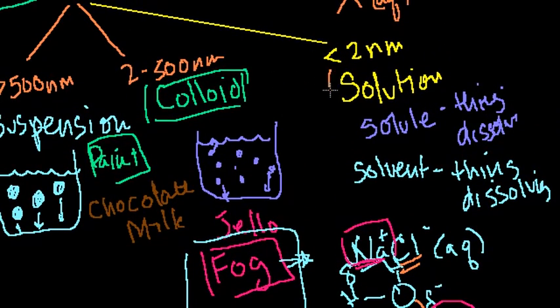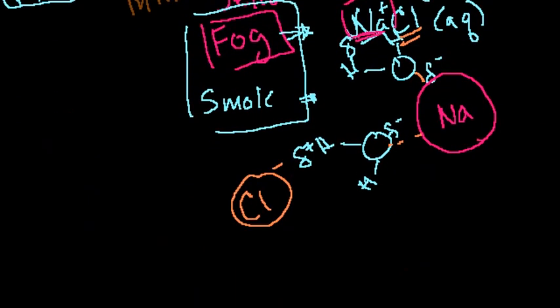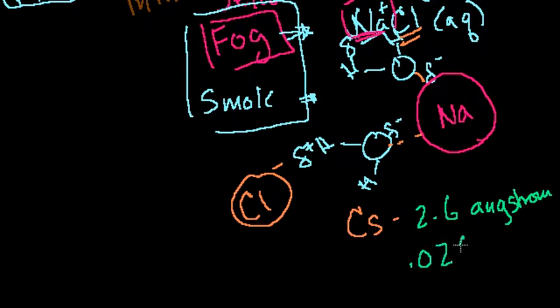So this is probably the single most important thing to realize. And just so you get a sense of what 2 nanometers is, this is still pretty big. It allows for molecules that have a good number of atoms. If you think of even a fairly large atom, the cesium atom, which is one of the largest you might encounter, there are larger, it is on the order of 2.6 angstroms. An angstrom is 1/10 of a nanometer, so that's 0.026